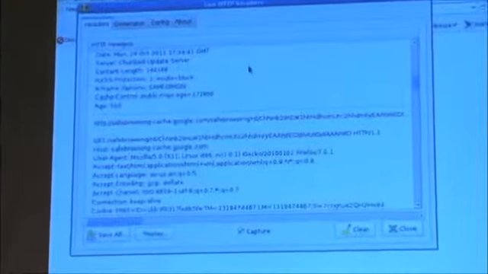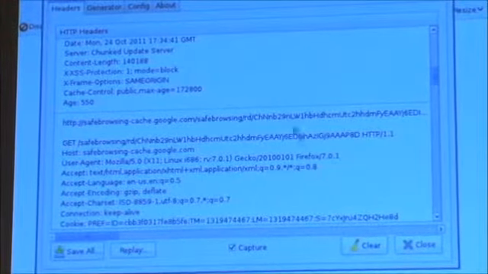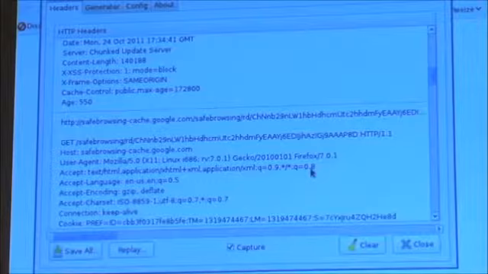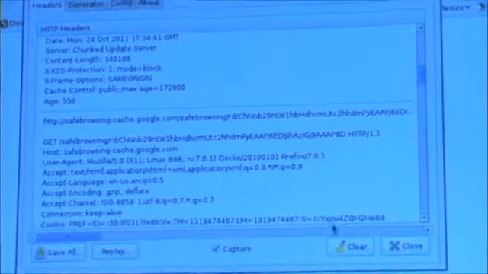Now, what's going on here, it looks like Firefox is designed to do auto updates or whatnot. So it's already talking, apparently, to Google, of all places. So you can also see with this what your browser's doing when you are not even on the keyboard. But I'll clear that, because it's a distraction for this. And I'm just going to go here to, and let me shrink my window a little bit so we can see both at once. I'm going to go to